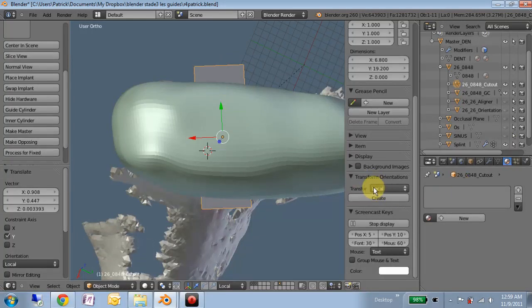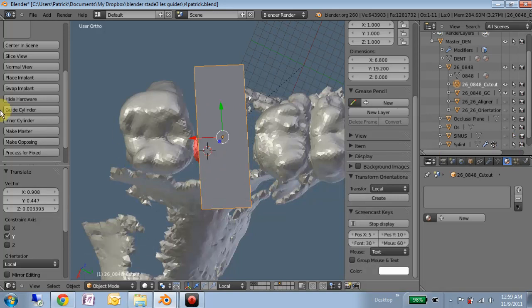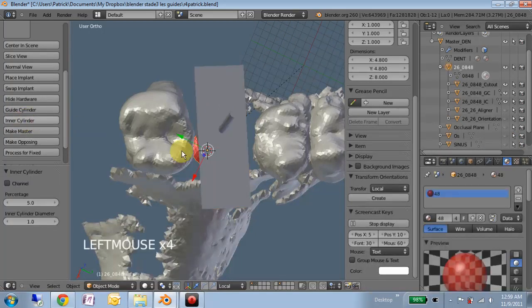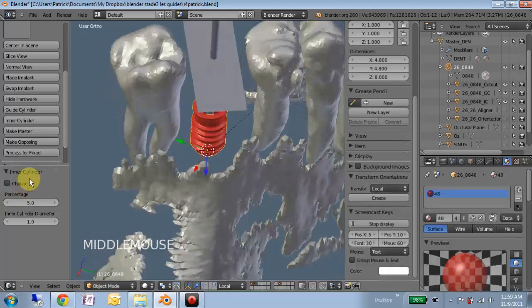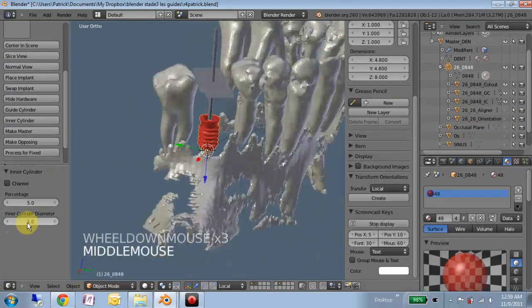So I'm using the local transform. That's why these are always aligned with the object I've selected. I'll show you how we can use this later. In the meantime, the other function is inner cylinder, which defaults to a 1mm cylinder, just like your orientation. But if you make the cylinder diameter whatever you want,